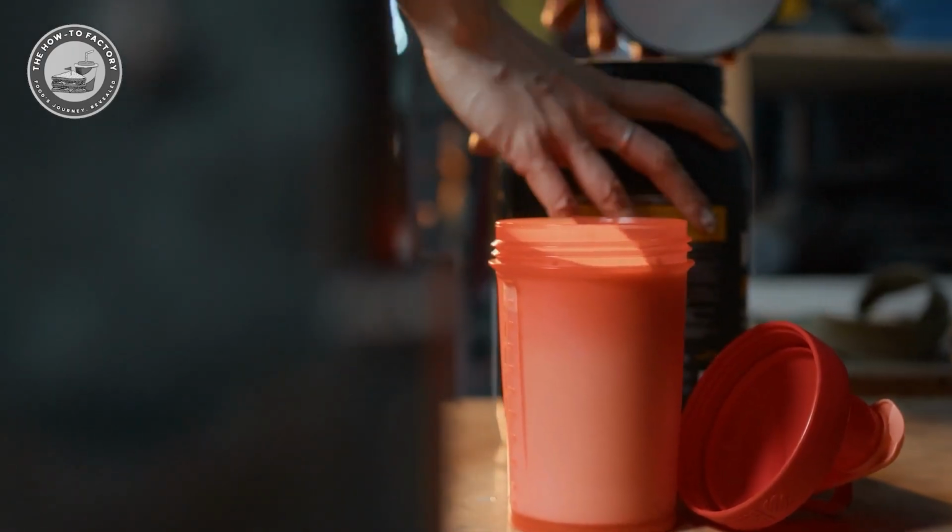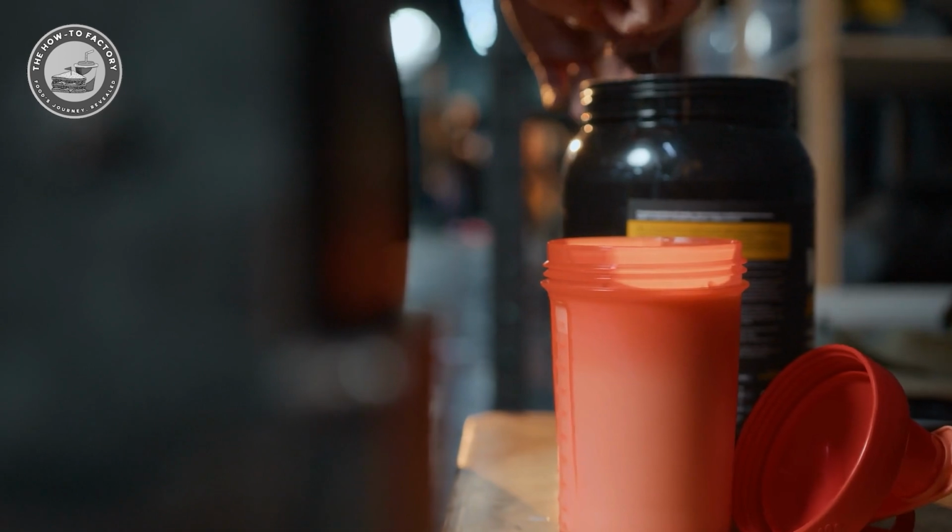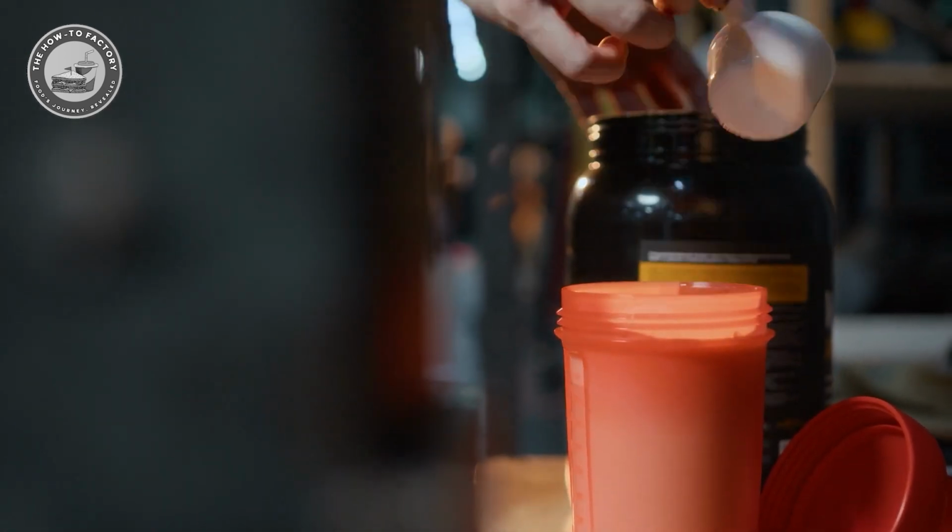And that's how protein powder is made, from raw milk or plant-based sources to the perfectly blended powder that fuels